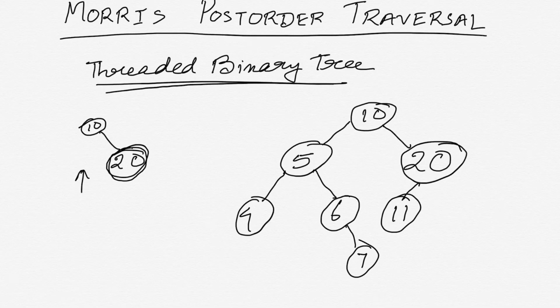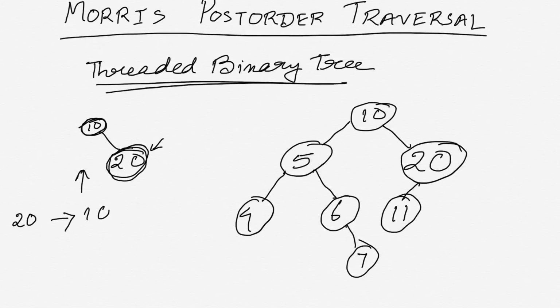We go to the left first and process the nodes in the left subtree, and then to the right. But since both the left and right pointers are null, we visit and process this node, by process I mean just printing the value, and then we backtrack to the successor node, which is the node with value 10. Since we have already processed the left and right subtree, we now process the root,